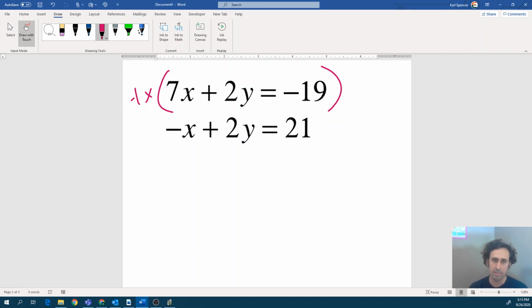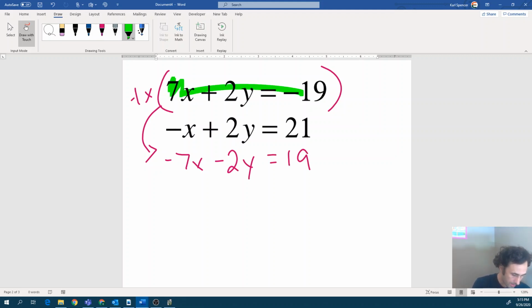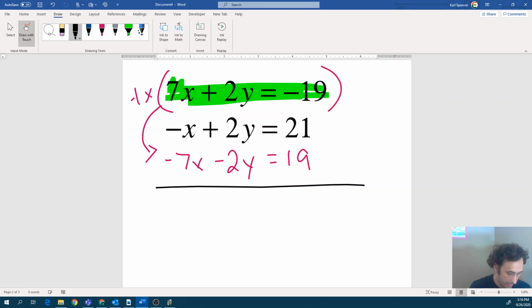If I multiply everything in the top equation by negative 1, I'll write that answer underneath. I'll rewrite it for us. This turns into negative 7x minus 2y equals positive 19. So I took that first equation, I multiplied every single term by negative 1, and I wrote it underneath. So now, after multiplying that first equation by negative 1,